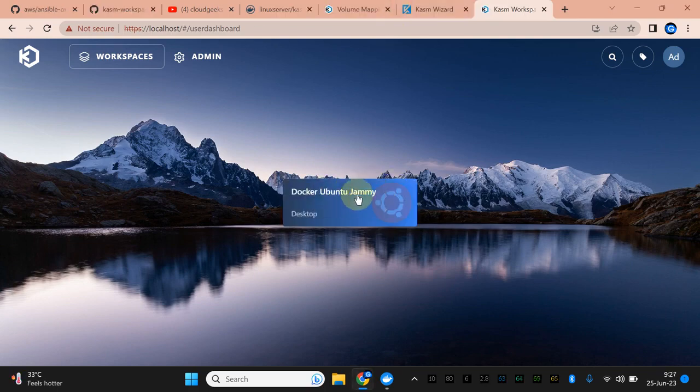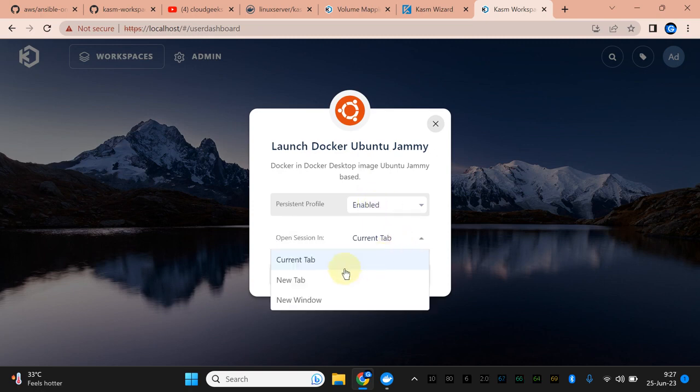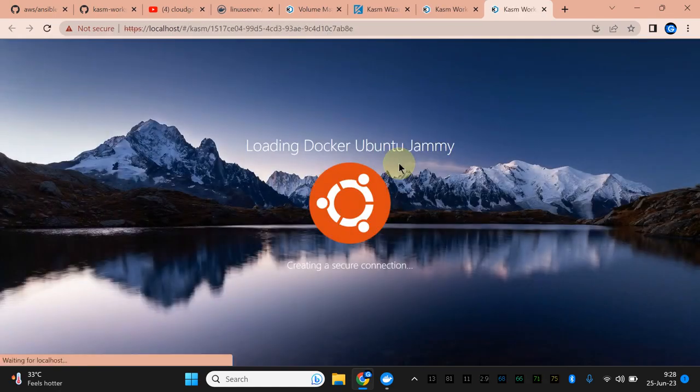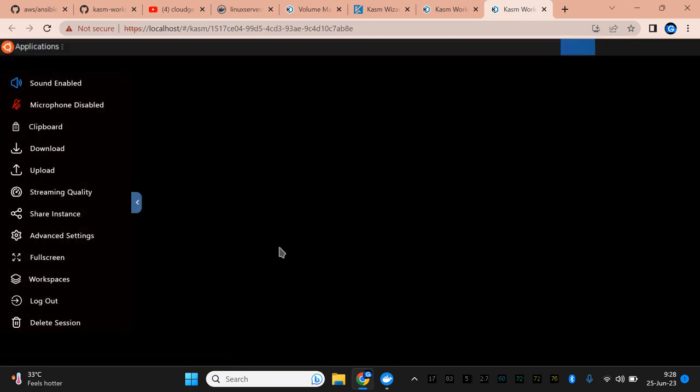So guys, you see that particular sign has gone, let's try to click on this. What I'm going to do, enable current tab, or I'm going to say new tab. Let's try to launch a session here. You need to wait for a while for the session. You see currently it is creating. Now we have a powerful